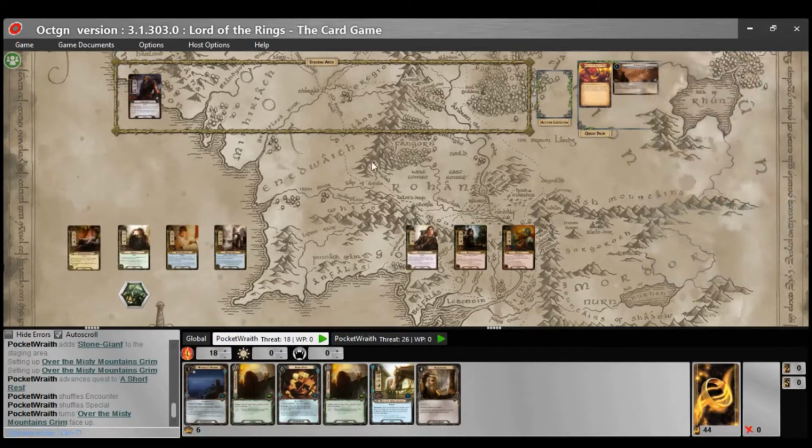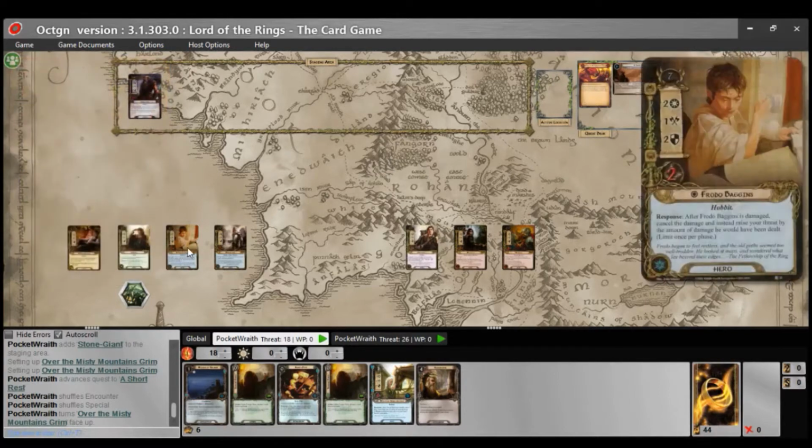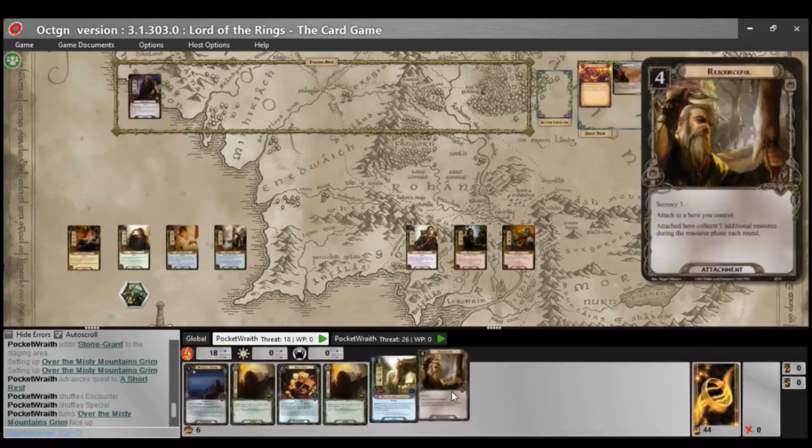I'm playing the Nightmare version of Over the Misty Mountains of Rim, the second quest from the first Hobbit box. So,